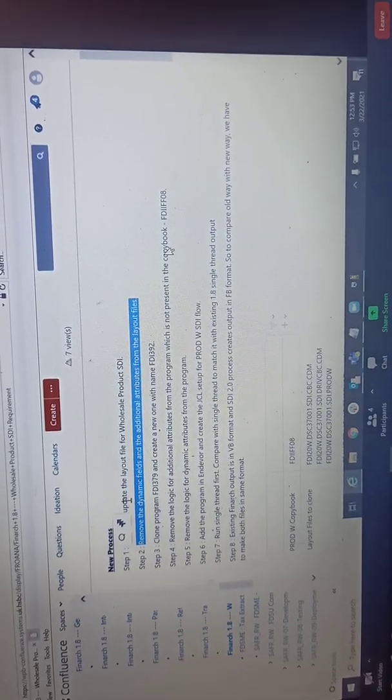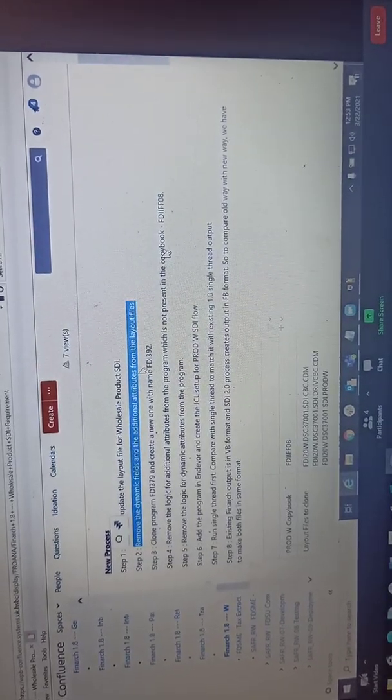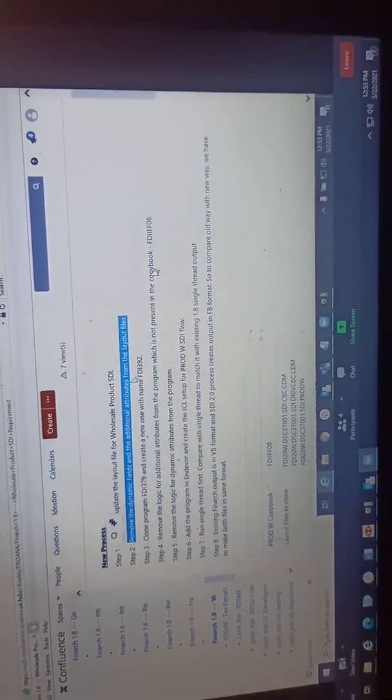Even dynamic fields, some of them are also not required, but for timing you can keep them as they are, because you never know if rules come and it fails that way. So it's better to keep them.